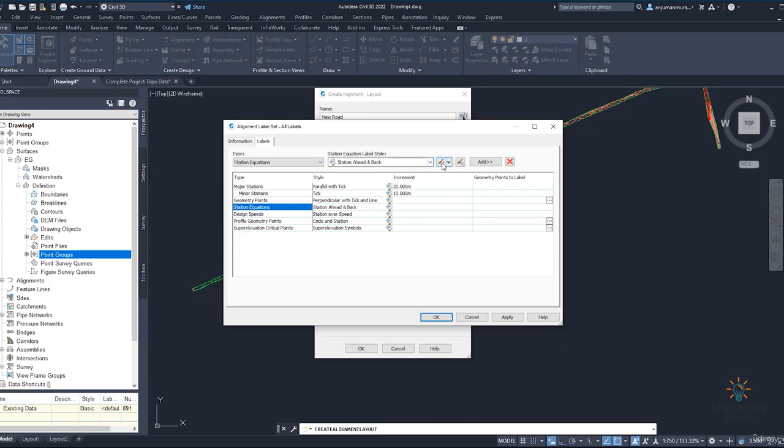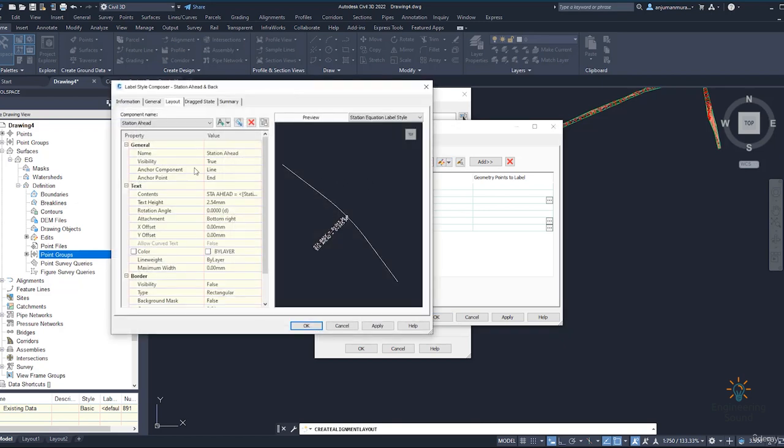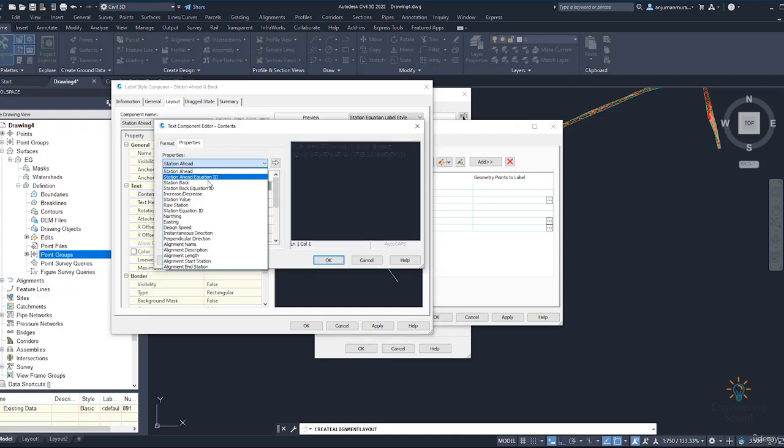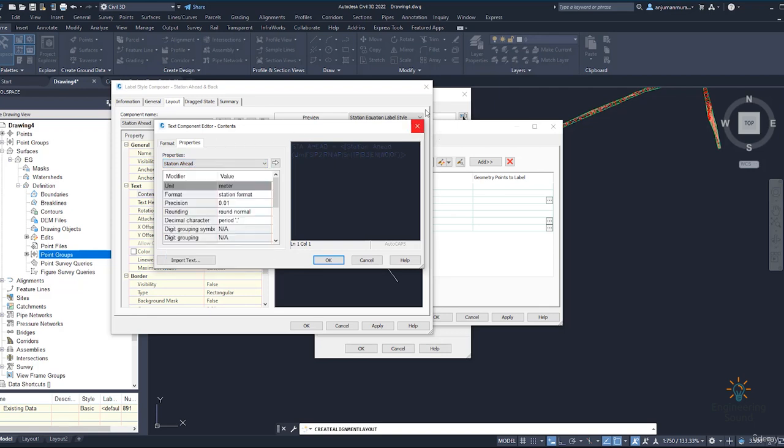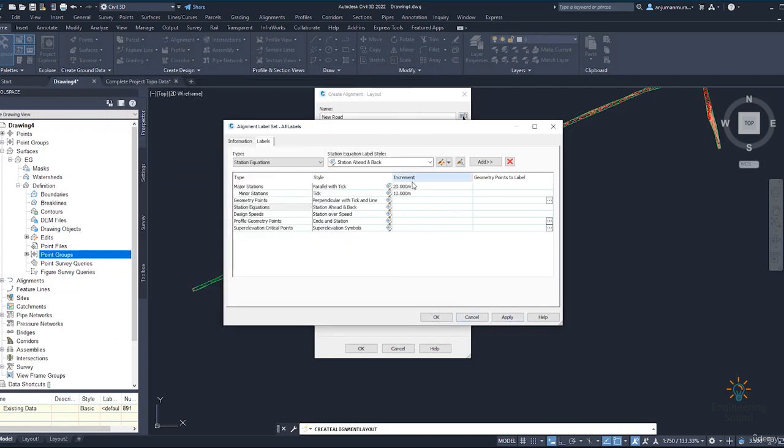If you want to make some changes in the same style, you can just click here. You can change the text color from here. You can change the name. You can change anything. If you want to add something, station break, easting, northing to the alignment, you can edit from here to the alignment. Now it's okay. This is general information, and